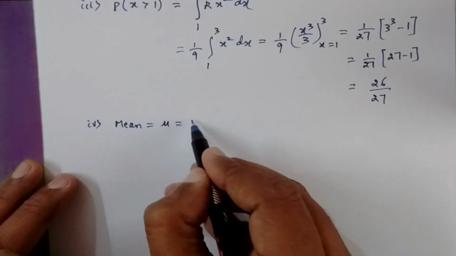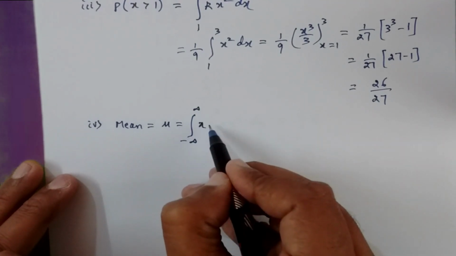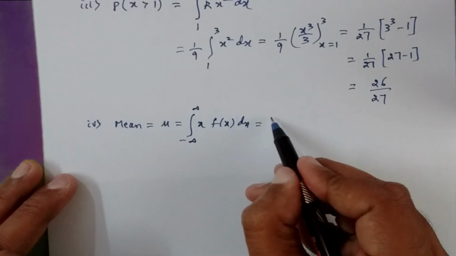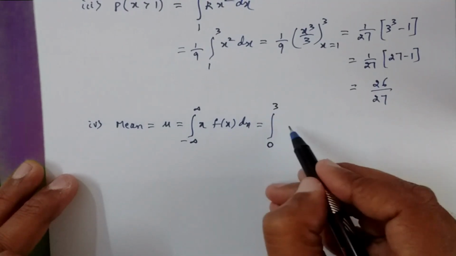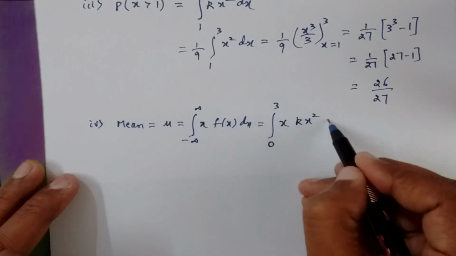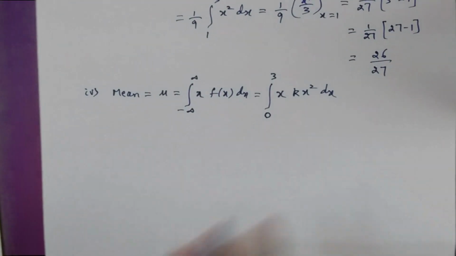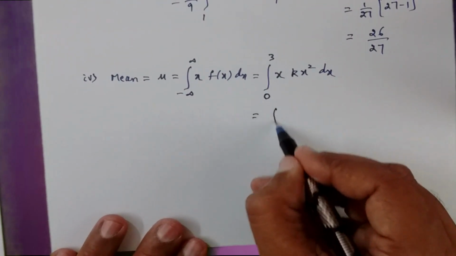Mean mu, the formula that we have is the integral from minus infinity to plus infinity of x times f of x dx. But limit values are defined only for 0 to 3. For 0 to 3, x times what is f of x? It is kx square into dx. That will be equal to, plugging in the value of k to be 1 by 9,